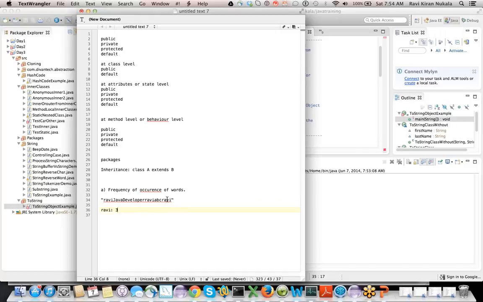So all you guys have to do is find the frequency of occurrence of an input string from a target string. The input string, you can choose anything.